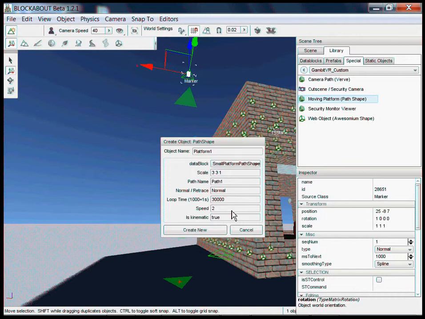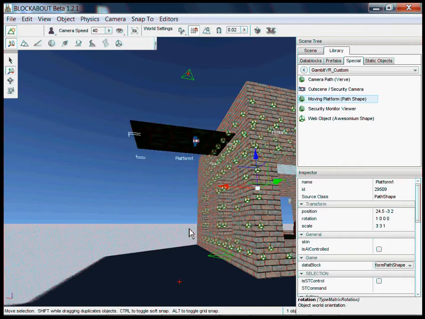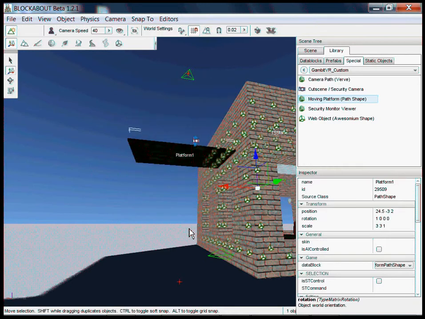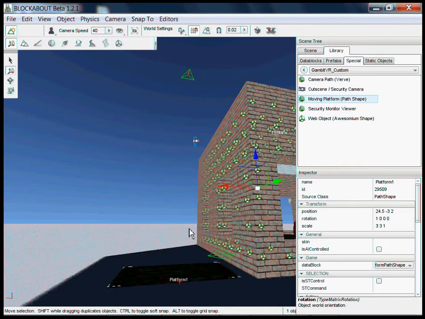Okay? And a speed of 2.5, maybe just speed it up a bit. Then we're going to go create that new object. And there it is. See, it's going to go up there and come back down, and it should pause. And after so many seconds, it should go up again. So now that that's running,